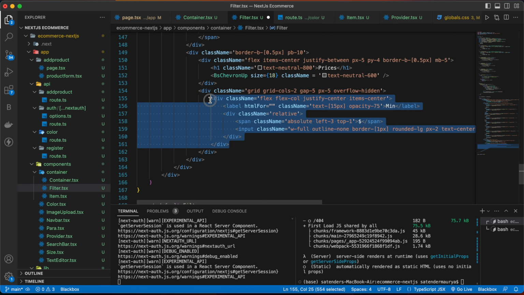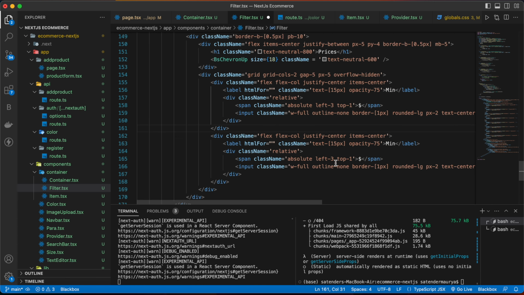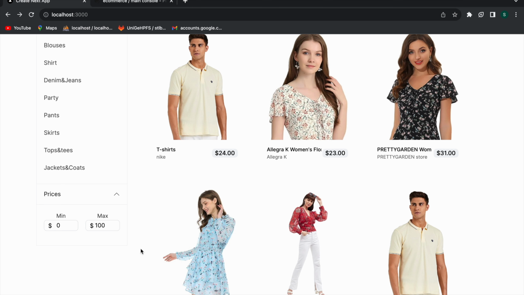Now let's duplicate this and change this to max, and max here as well and here as well, and then change the function to handle max. Now let's save and go back here, and now you can see we have a min and a max value here.